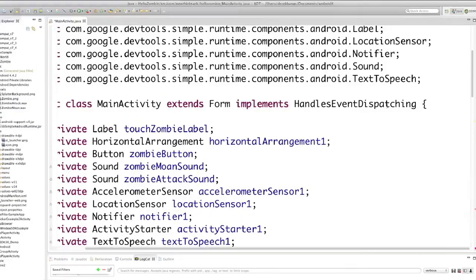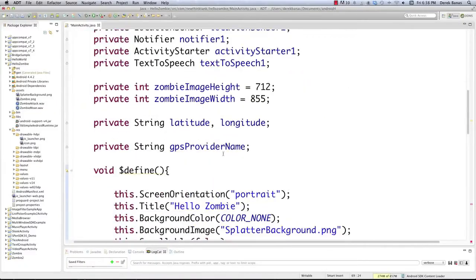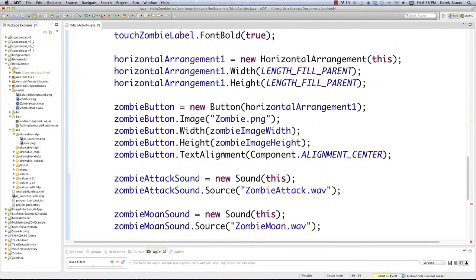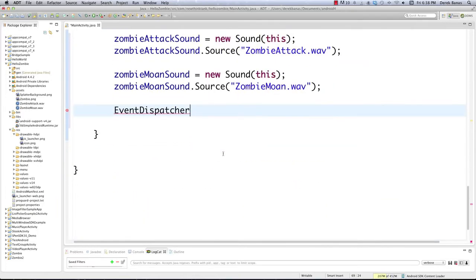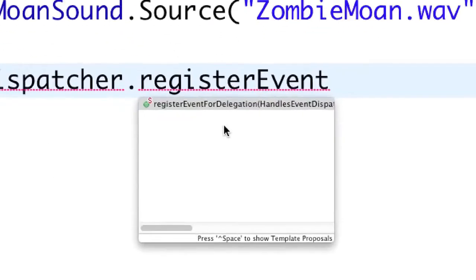Come up here, handles event dispatching right there. Okay? That's just like a little tool that we plugged in right in the beginning. And basically what this is going to do is catch any button click events that occur. And then later on in the next tutorial, inside of a function called dispatch event, we are going to check which component triggered the click event, and then we are going to handle the event just like we did in App Inventor. So to do that, you just go event dispatcher dot register event,